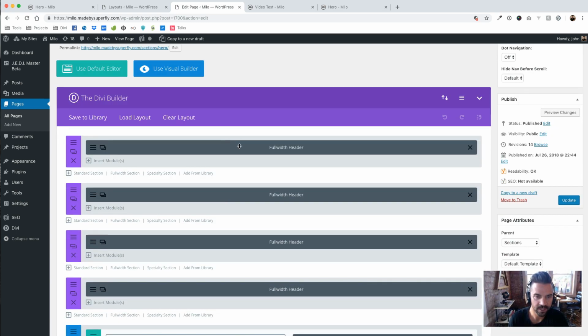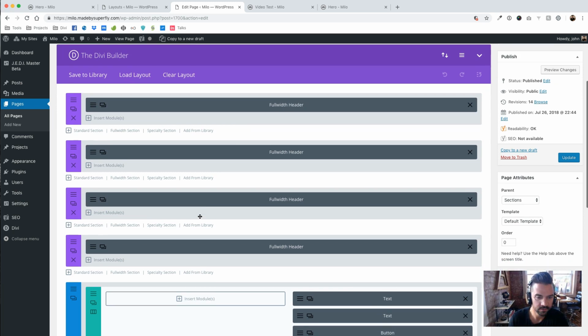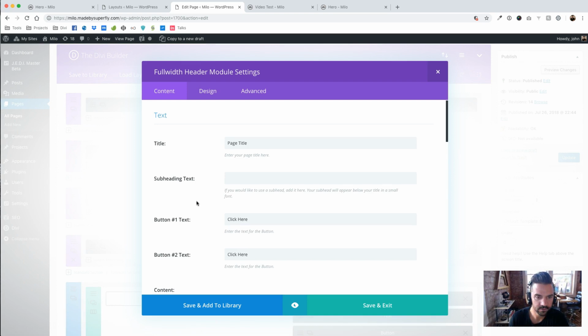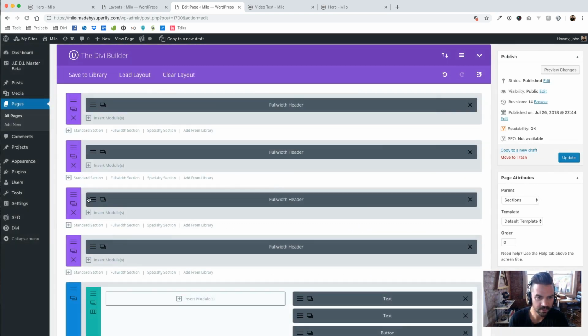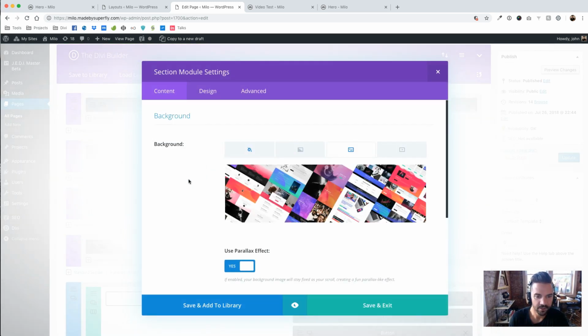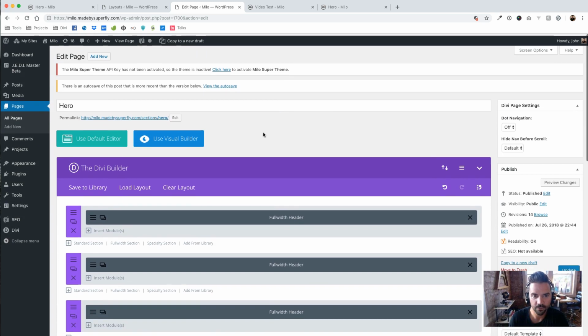And if you're in the classic view, you can go into this full width header and look down at the, you can go into the section here, and you can go down to the admin label and see hero 3. If you are in the front end builder,